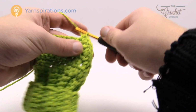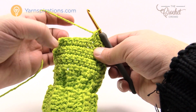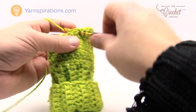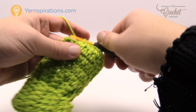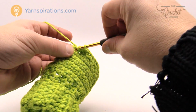So 1 and 2, and then it says to put 5 half double crochets along the top of the instep. So there should be 5 there. So let's do this. So 1, 2, 3, 4, and 5, which takes me then to the next corner, and in the corner it's going to be 2